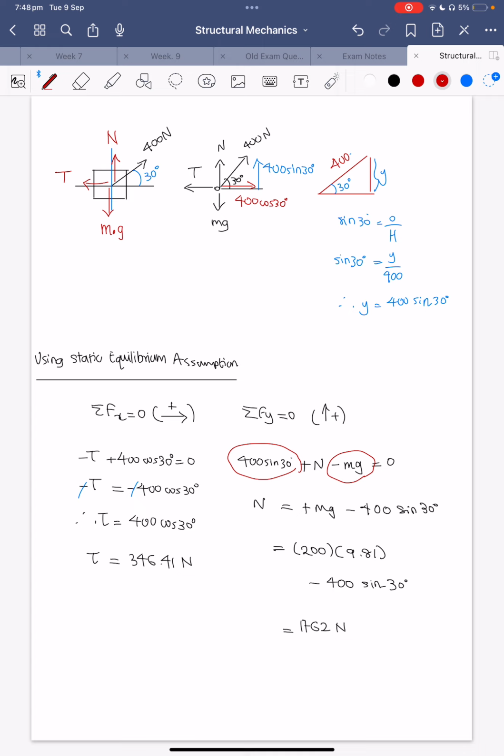So that makes sense because the normal is always going to be positive, right? Because if it's a negative normal force, that means something is wrong. So I have to write down, therefore, my tension is 346 Newton. My normal force, because it's not asked, I don't need to write it out,